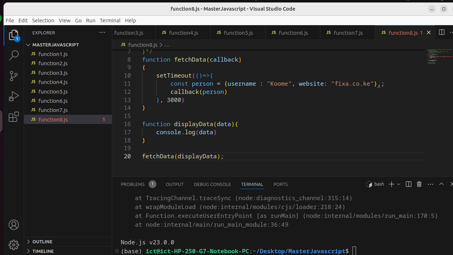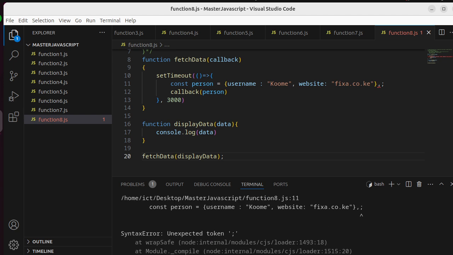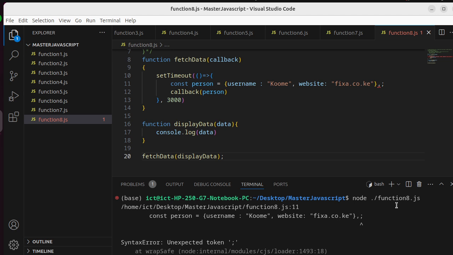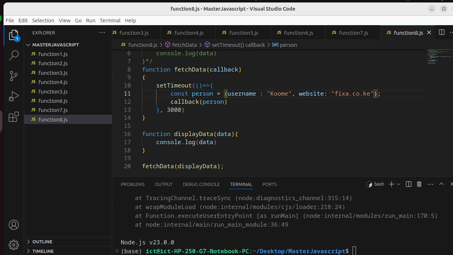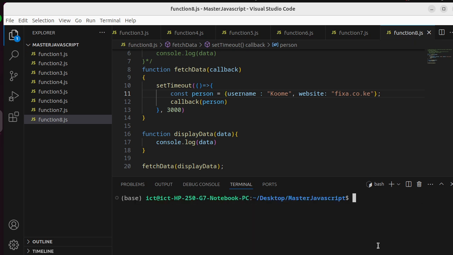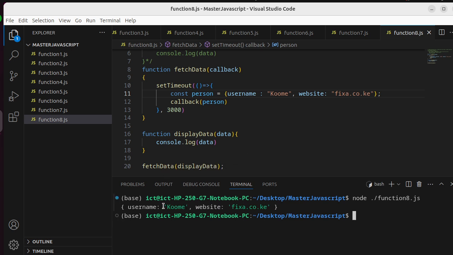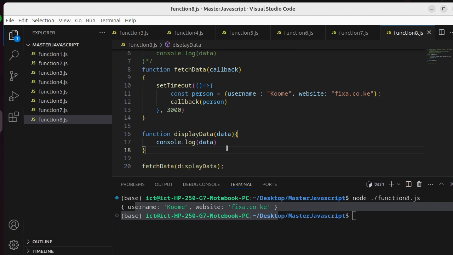There's a problem. Unexpected const here, an error here. So okay, save, come here, clear the terminal, run. Let's see what we get. You can see we are getting the username, the website itself. So this is an example where we are mimicking a